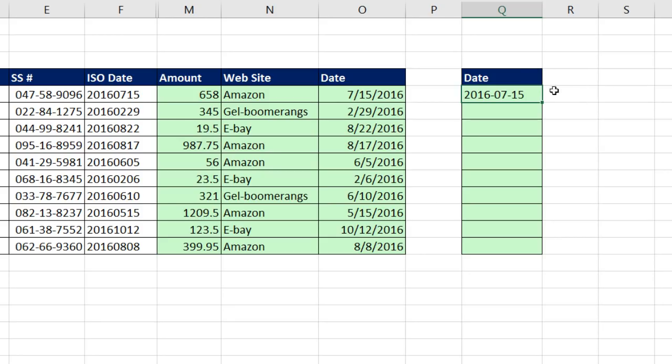But notice that is text. It's aligned to the left. Now remember, how did we get our number stored as text back to a number? F2. Well, of course, we're going to do any math operation. I'm going to do +0. Now, when we enter this, whoa, look at that. That's the serial number,